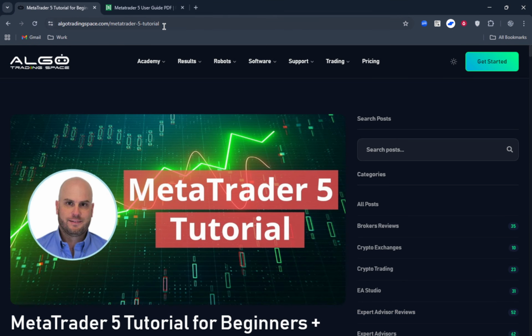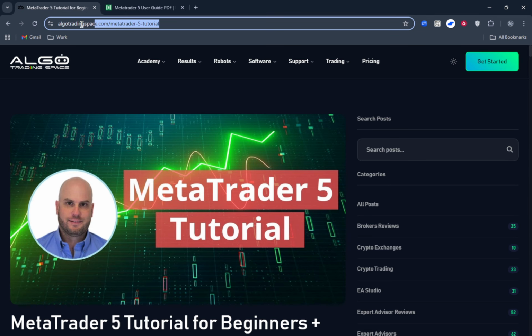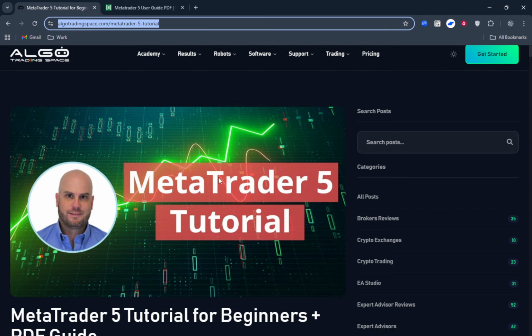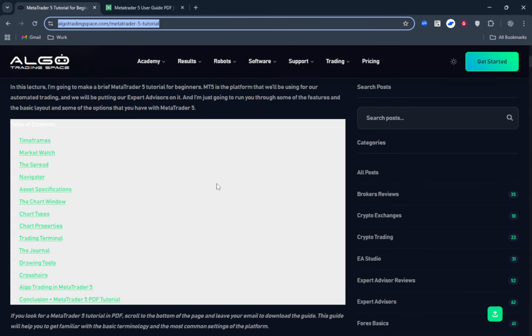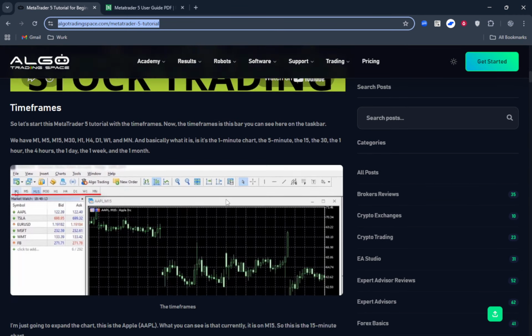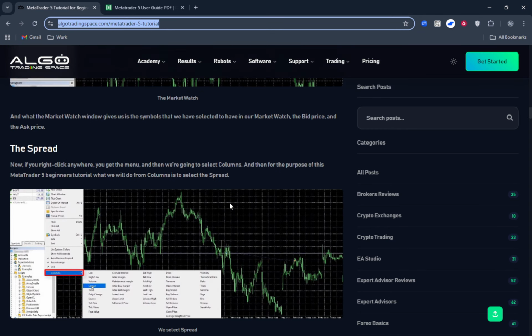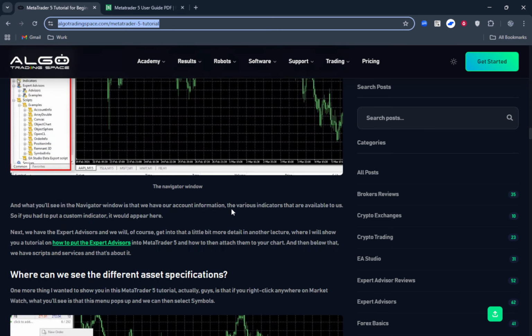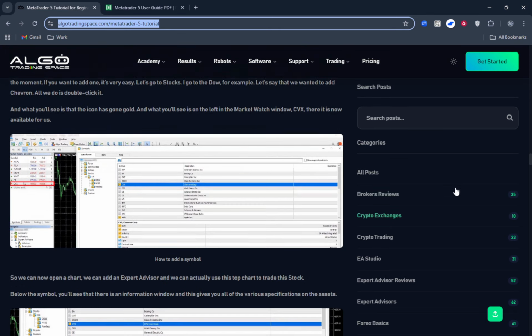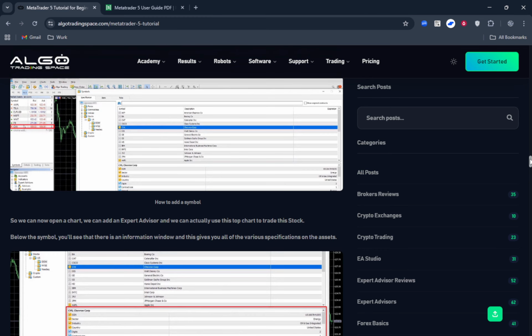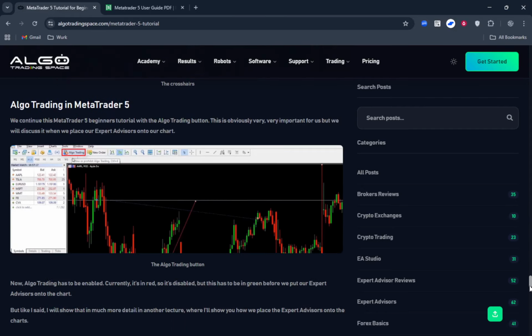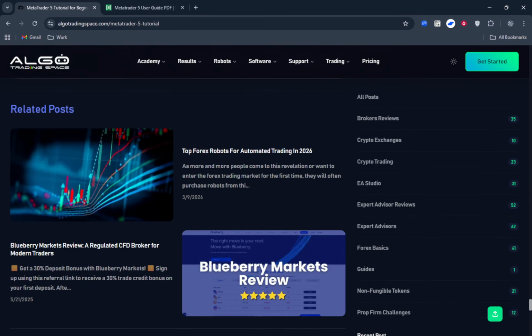First, let's grab a beginner-friendly guide. Head to the page at algotrading.space.com, MetaTrader 5 tutorial. Scroll down to the bottom of the page. You may be asked to provide an email before accessing the file, which is common for free guides. Once you've confirmed access, download the PDF and save it somewhere easy to find, like your desktop or a dedicated trading folder. If you don't see the file right away, check your downloads folder or your email's promotions or spam